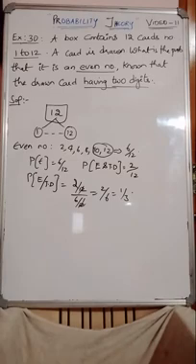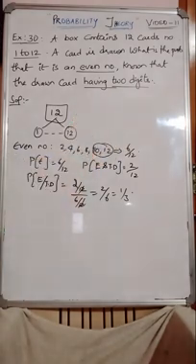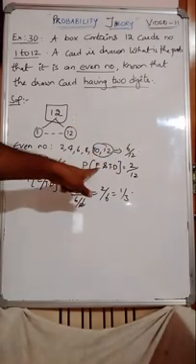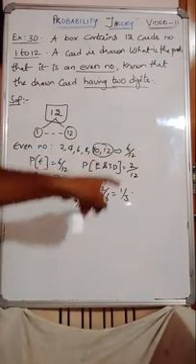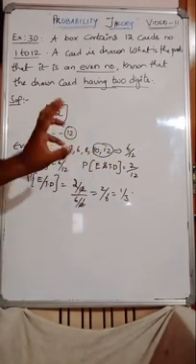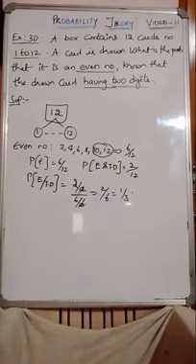So even numbers were 1, 2, 3, 4, 5, 6. So totally 6 were there, getting an even number. Now, even with 2 digits, how many will be there? Even with 2 digits means 10 and 12. They are even numbers as well as only 2-digit numbers. Therefore, 2 by 12. So 2 by 12 by 6 by 12. How much will it be?